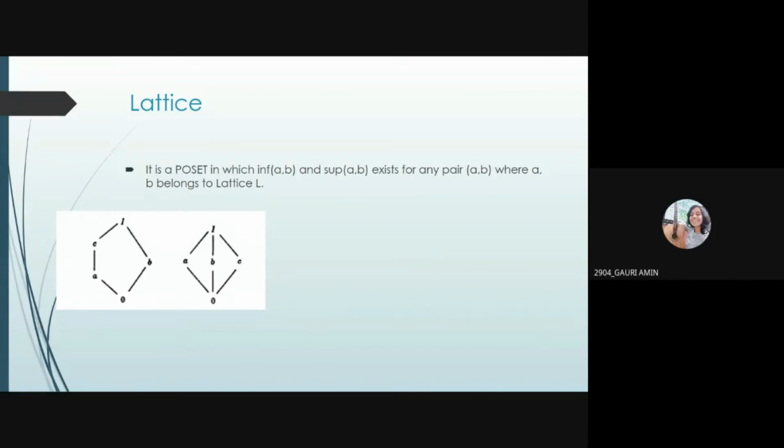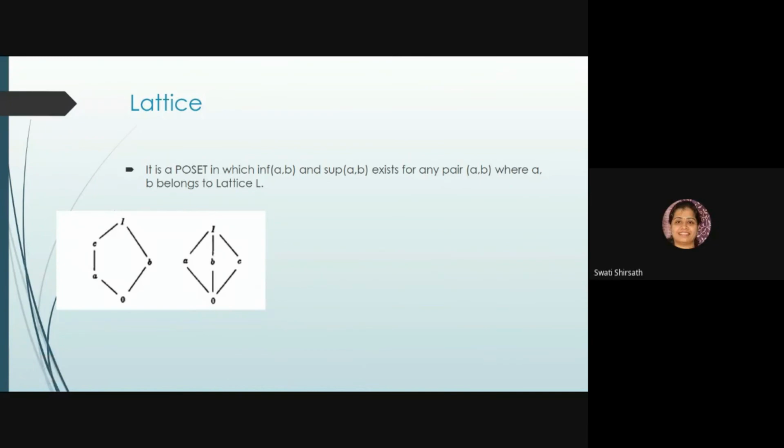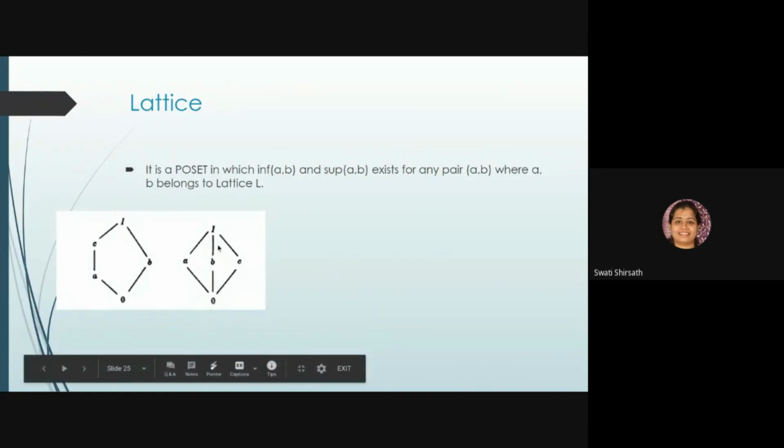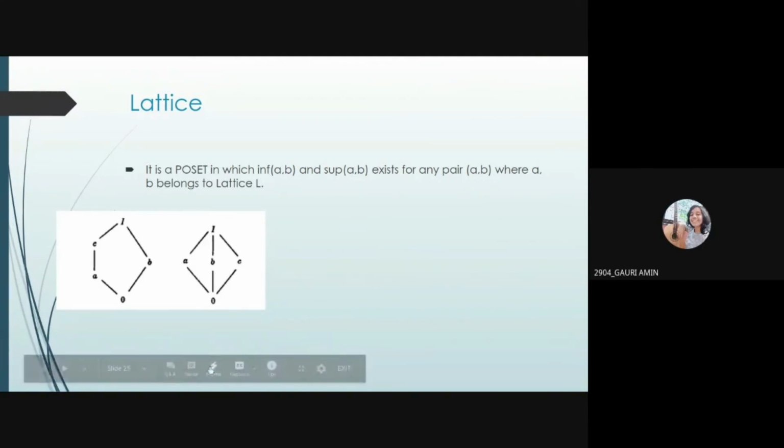then it will be 0. Okay, can somebody tell me the GLB and LUB of 0 and L? There is a connection in between which is connecting 0 and L. What will be the GLB? 0. Yeah, and LUB? L. No, there are two upper bounds for 0, B and L. So it will be L. What about A and C? It will be L and 0. Yes, so it is a lattice.